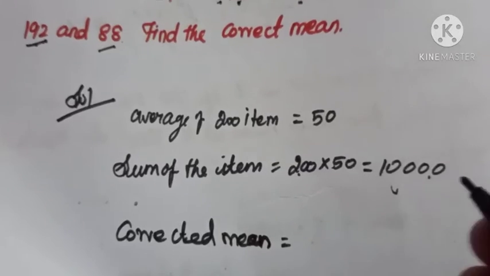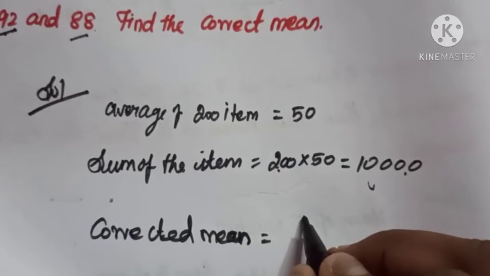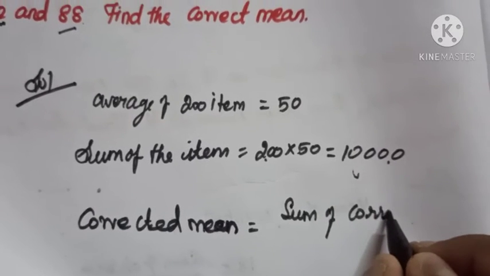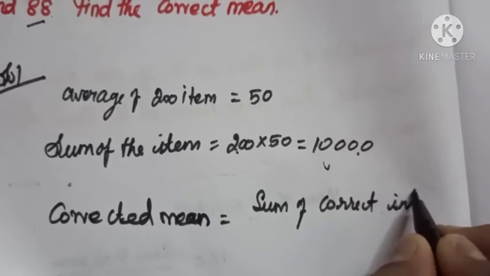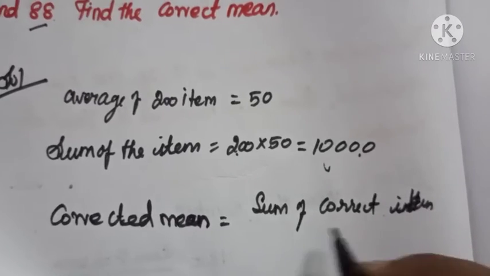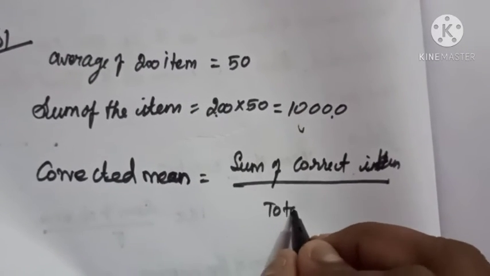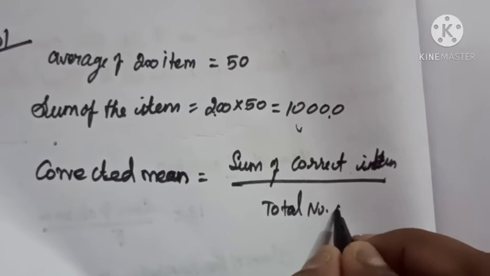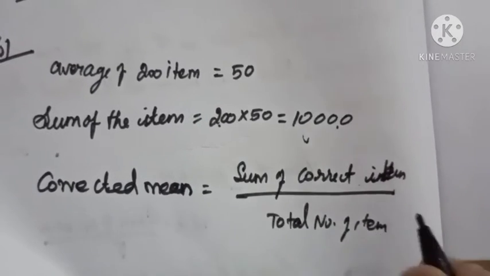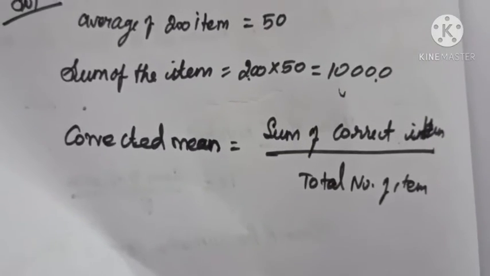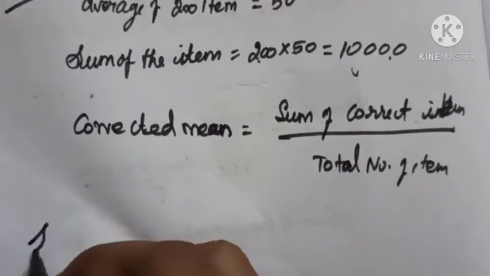The corrected mean is the sum of the correct items divided by the total number of items, which is 200. So the sum of corrected items is